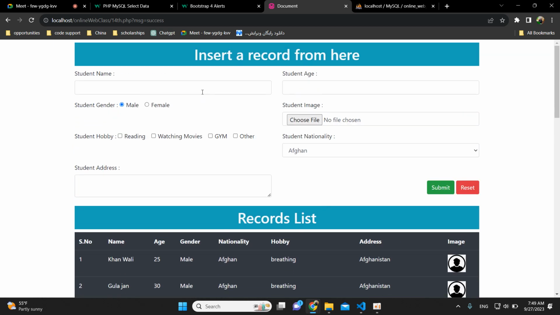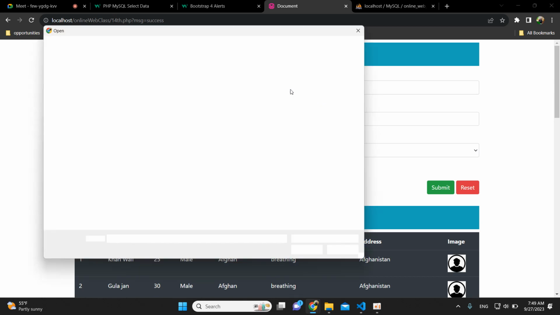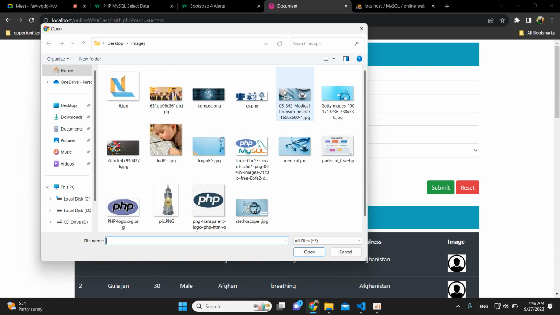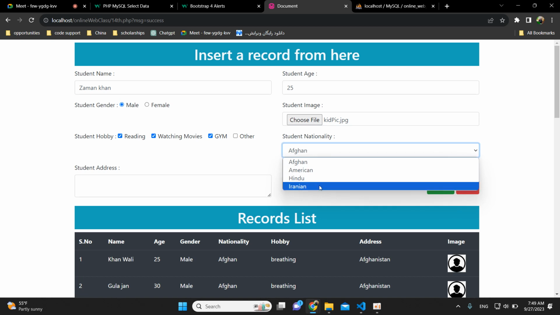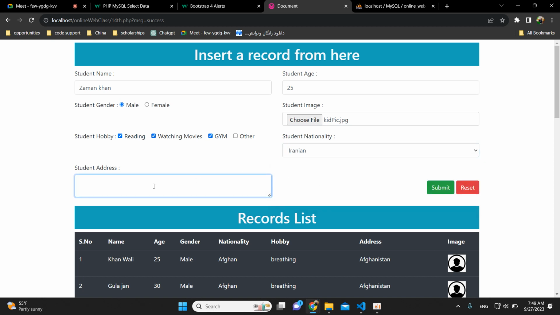Now see, if I want to insert another record, then I'll just have to say, for example, Zaman Khan, age let's say 25, gender male. Now I have to choose a picture. Let me choose a new picture. Let's set this one, and then the hobbies I'll select three of them. Let the nationality be Iranian, and the address for example Mashhad,